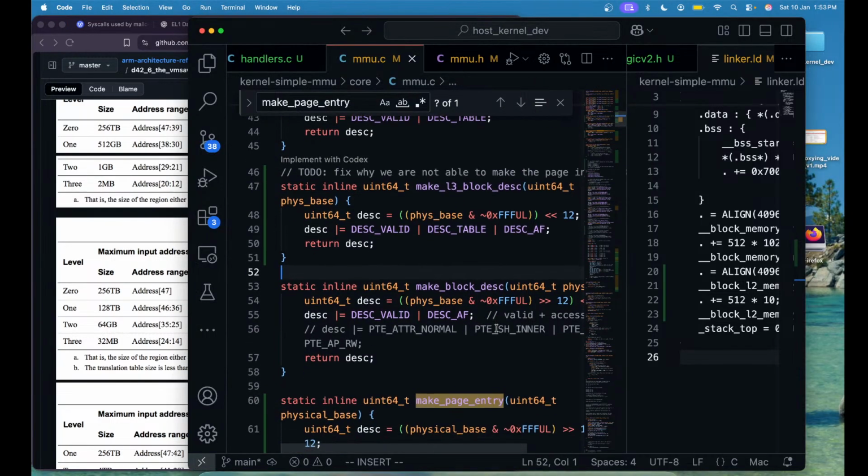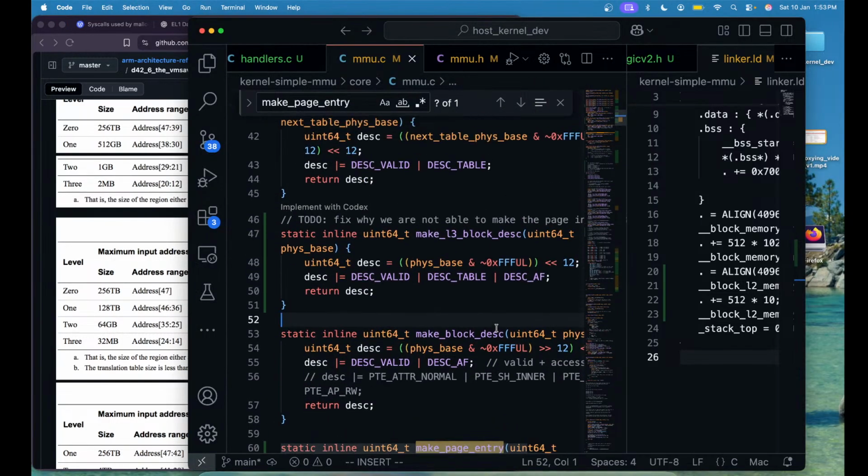Okay, this is the block, and let's just try one thing, that is to confirm